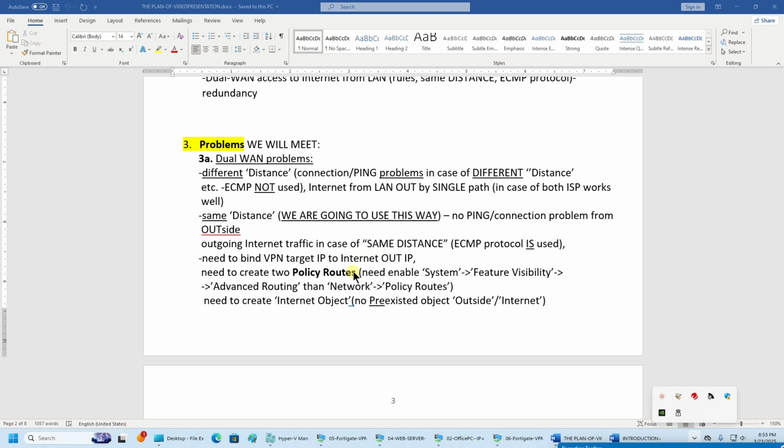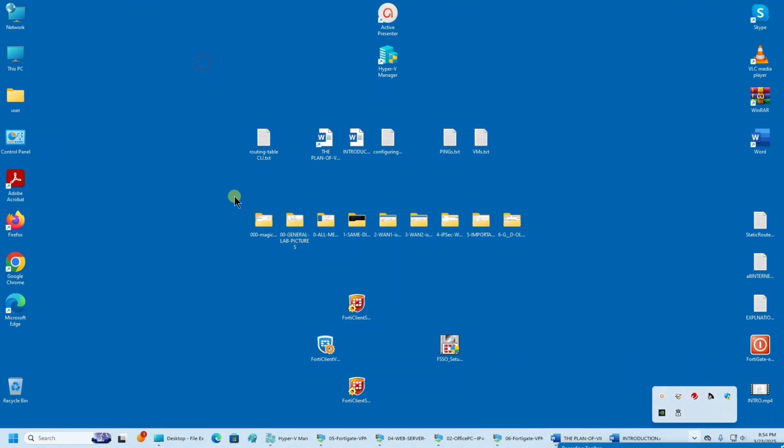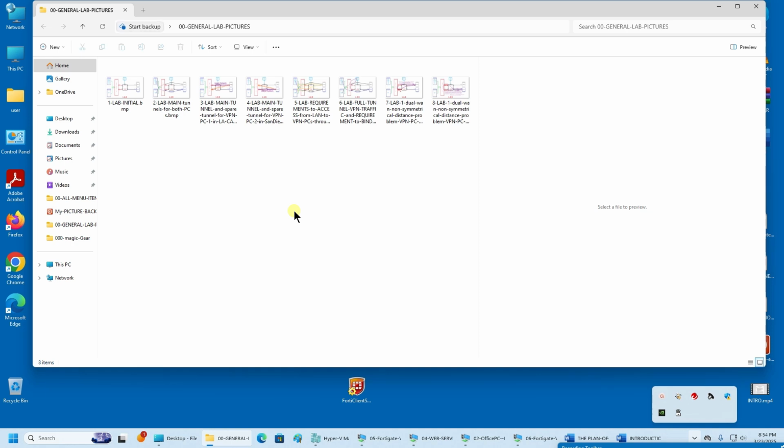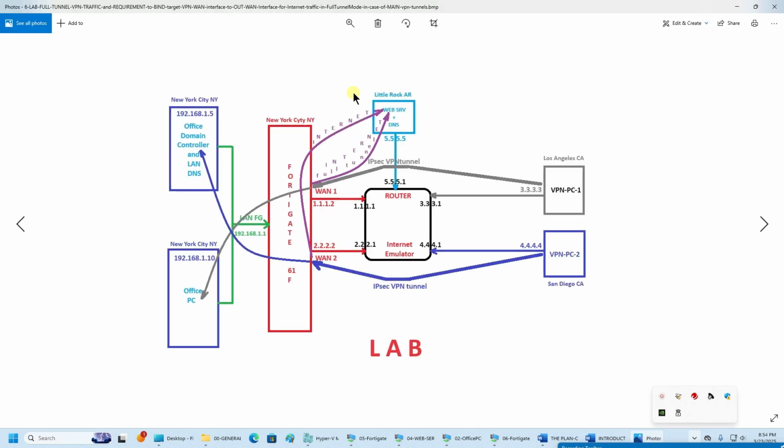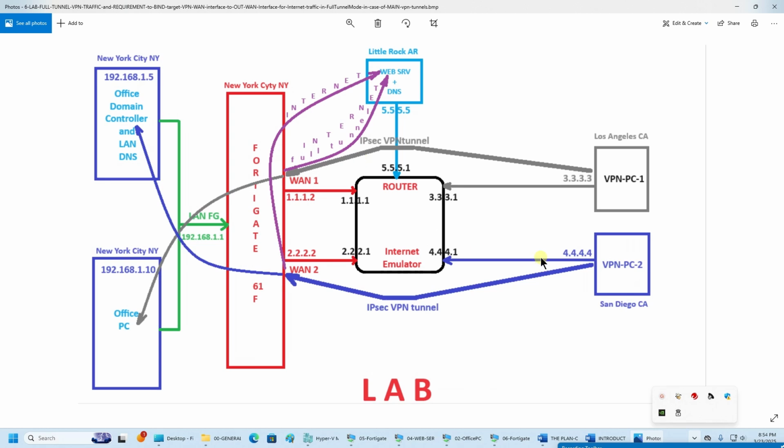Some problem, maybe not exactly a problem, but for some scenario this is a problem related to Dual WAN. It means when we have a situation when a VPN client is connected to the central office, for example. Let's look at the situation